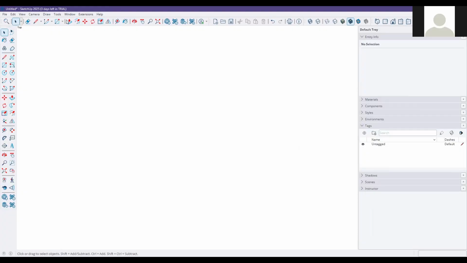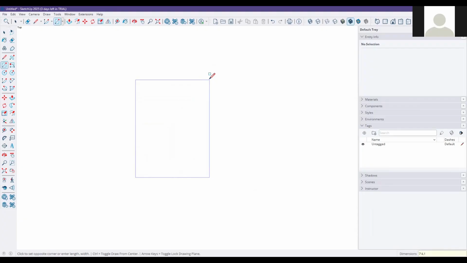So I'm going to select the rectangle tool, or you can type R, then drag this out and type 7 feet 4 inches